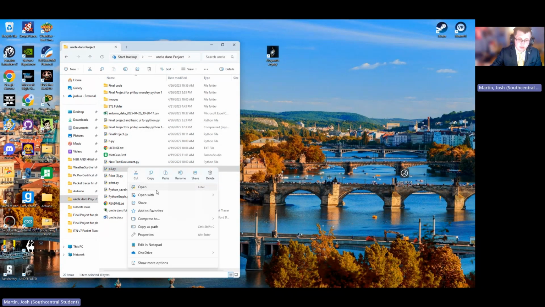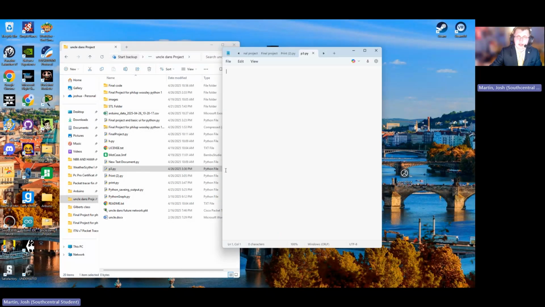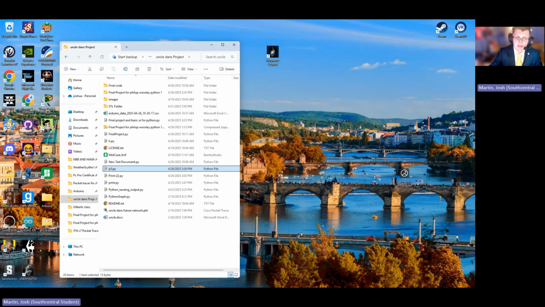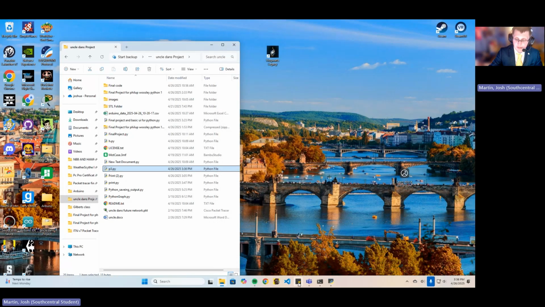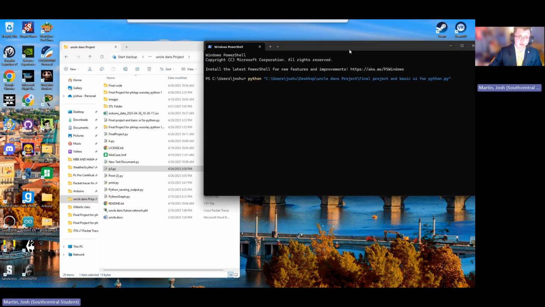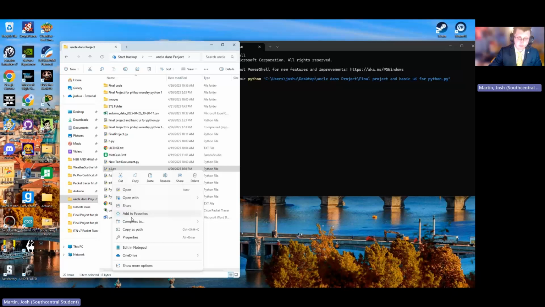And then we'll go and open it with Notepad, and we'll say print hello. And then you'll click File, Save, and then you'll exit, and you are going to go ahead and use your command line to copy that file path,